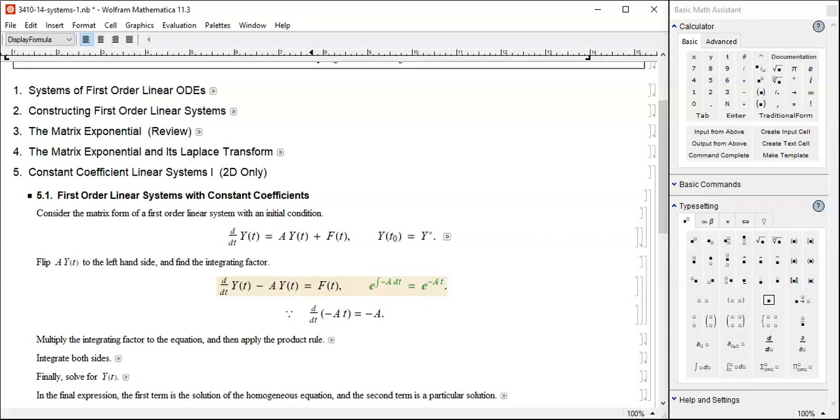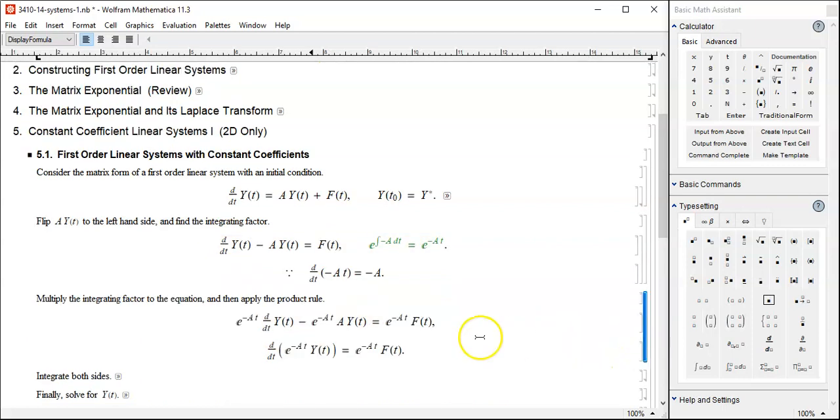What we are going to do now is to multiply this integrating factor to both sides of the equation here, to the left and also to the right. Here we go. I just multiply this matrix exponential here and here and also here. Make sense? Multiply by the same thing to both sides of the equation so everything is okay. And also,